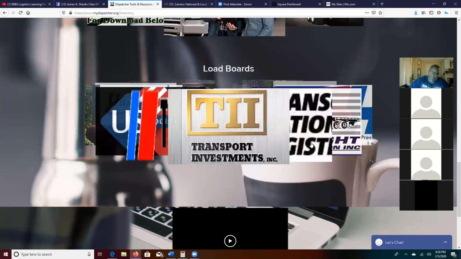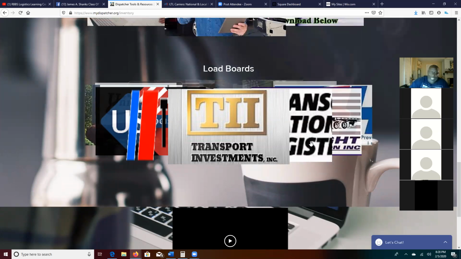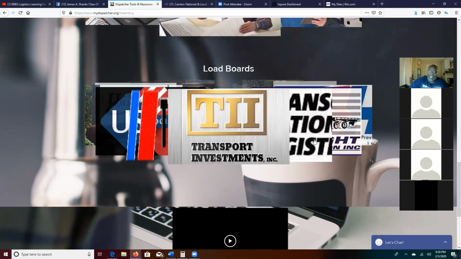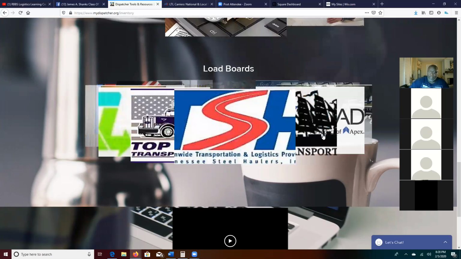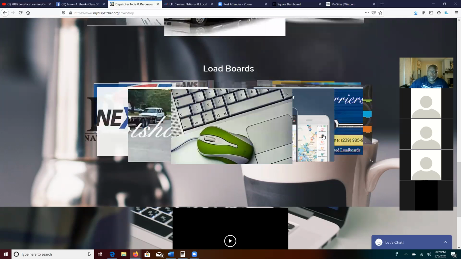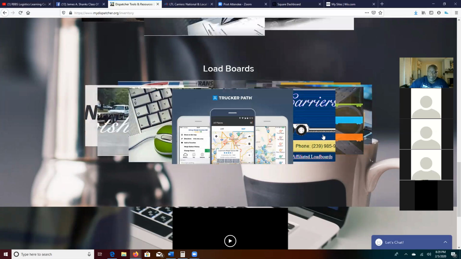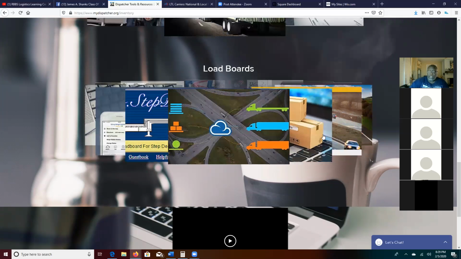I said, "Hold on, slow down. All right, you can't get on the load board. What load board can't you get onto?" "I can't get into DAT Direct Freight. I can't get into any other load board." All right. Remember, people, when you go on here and you're looking at these load boards, especially the ones that are in your Rolodex, okay? When you're in your Rolodex, you gotta remember that in order to get onto some of these load boards,